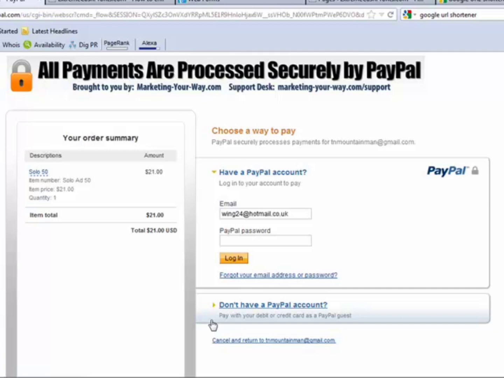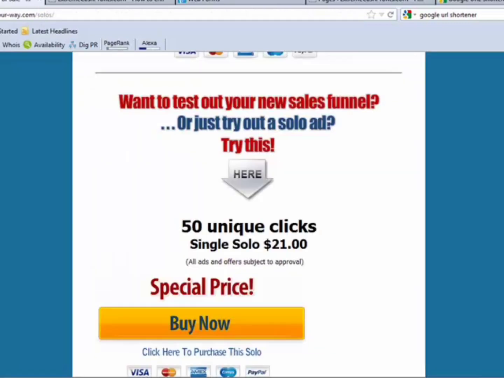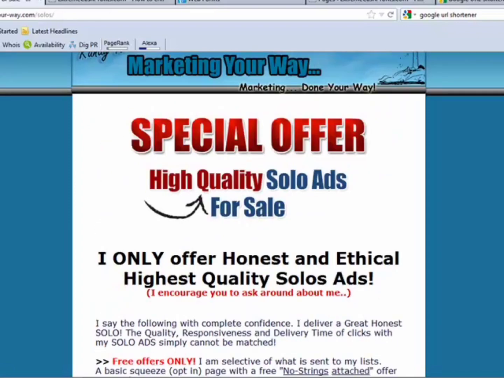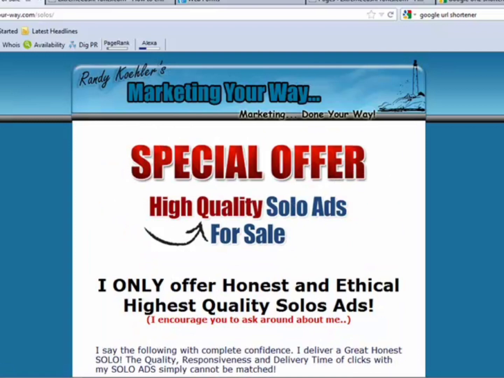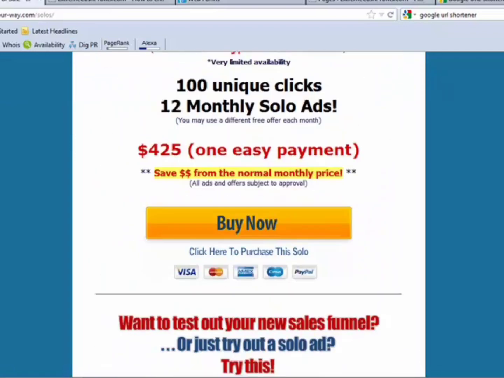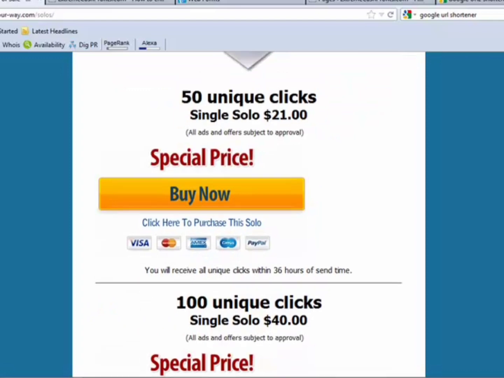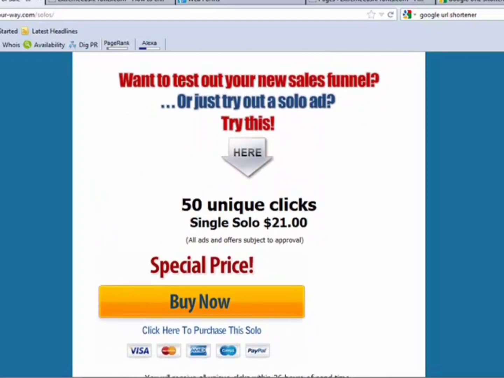So it's a good way of making sure that your sales process and your sales funnel works how it should. So what we do is buy the ad, and then once you've bought the ad, you will get directed to a download page, and then what you have to do is email the solo ad provider owner, which in this case is Randy, and I've messaged him before when I purchased one of his solo ads. And then you give him your squeeze page URL so he can check it out,